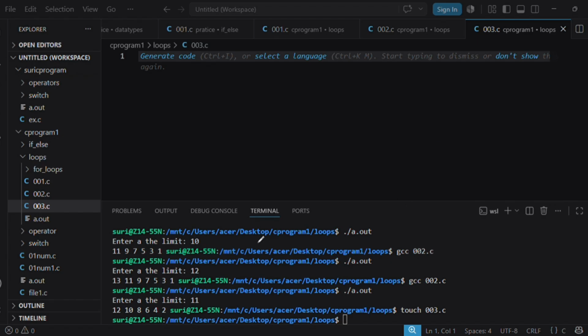But we can do it like this also. Multiplication is actually addition. So 2 plus 2.